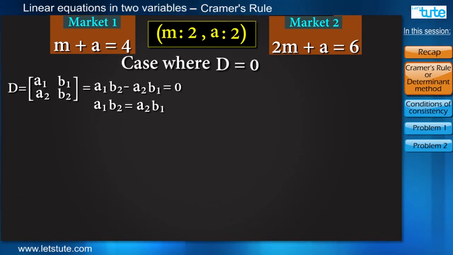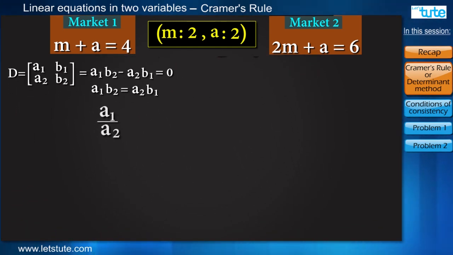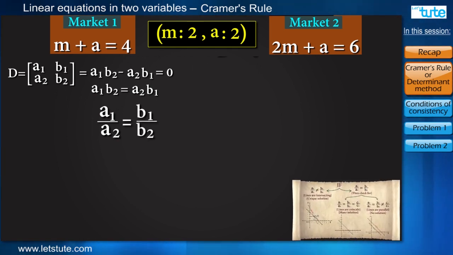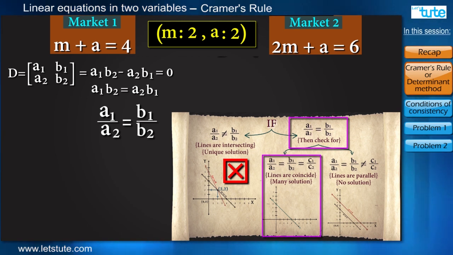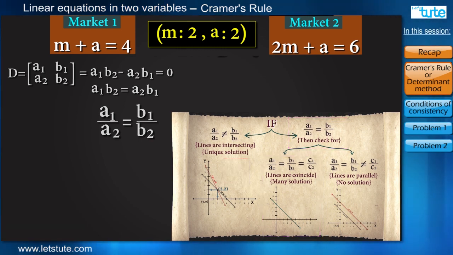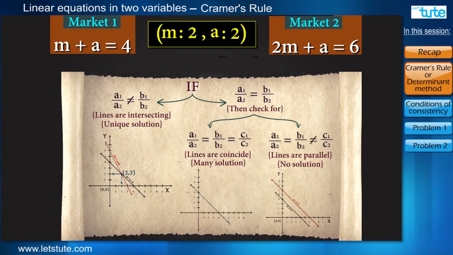Now, this can also be written in ratio form as a1 by a2 equal to b1 by b2. That means from here he came to know that when the ratios of coefficients are equal, then we will not get a unique solution. Not getting a unique solution means lines are not intersecting, and in that case either the lines are parallel or overlapping, right? Then he observed different equations and graphs of lines and came to some general conclusions, as in the following chart.